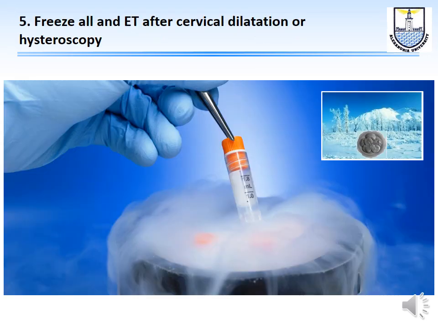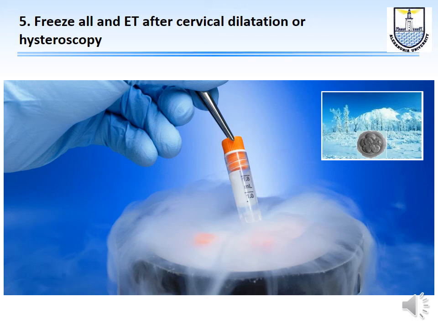Because the best answer really in these cases is to freeze all the embryos and then do the embryo transfer at a subsequent cycle, after which one would have sorted the difficulty in the cervix, even by doing dilatation of the cervix or using maybe a hysteroscope to do this dilatation, and then do the transfer of the frozen embryo